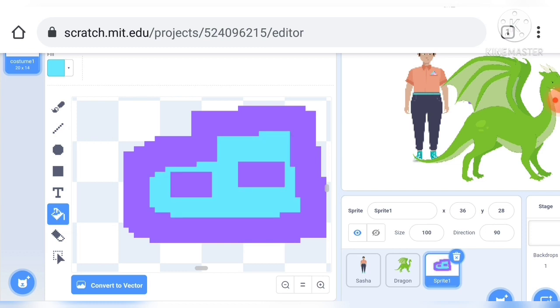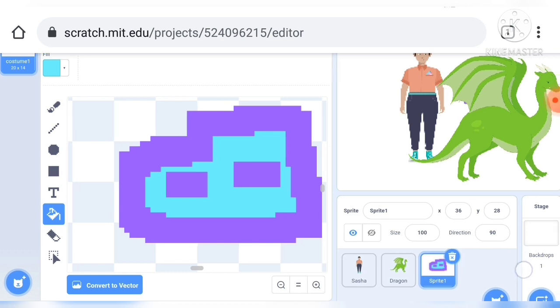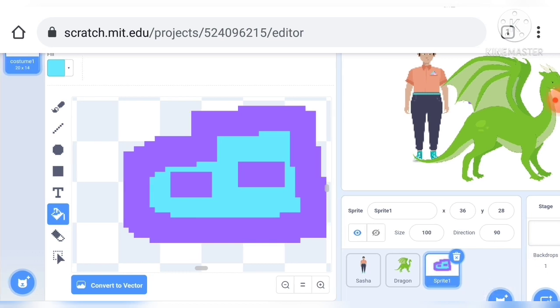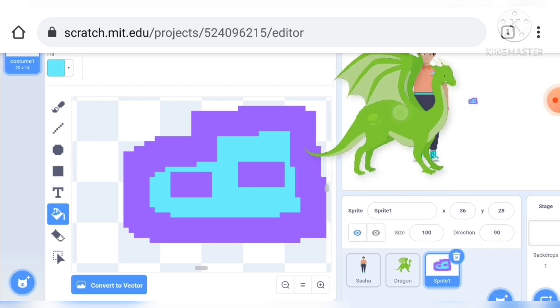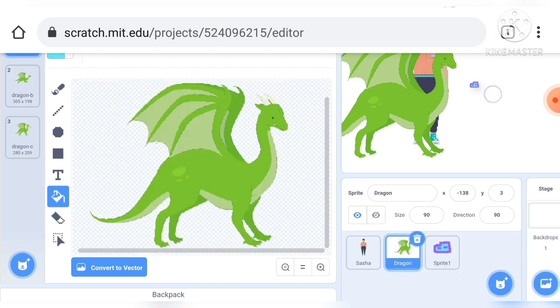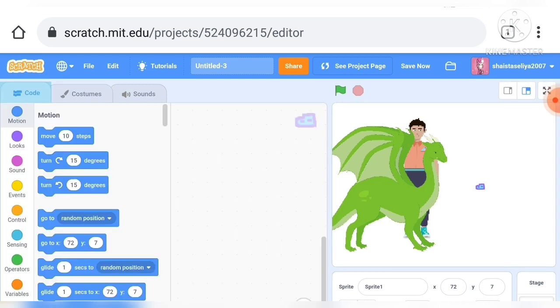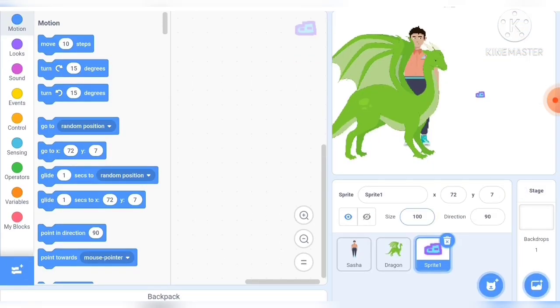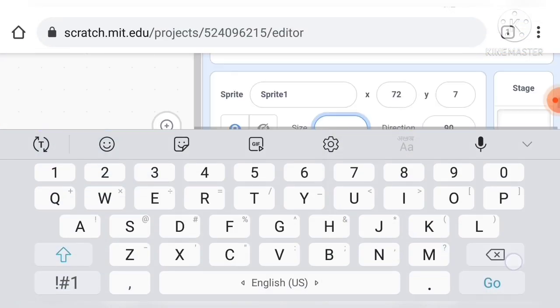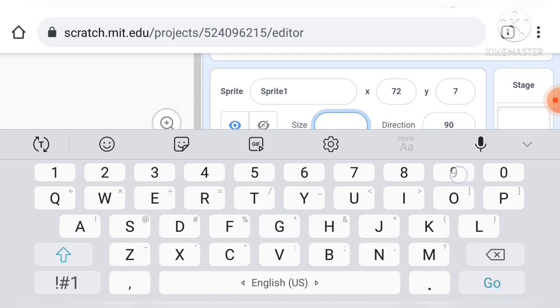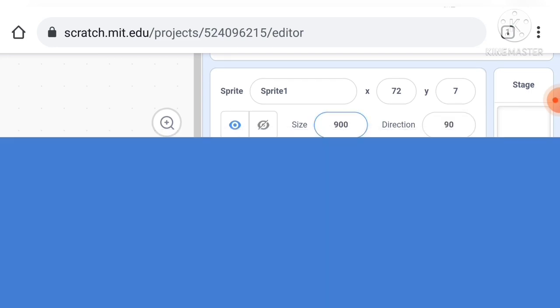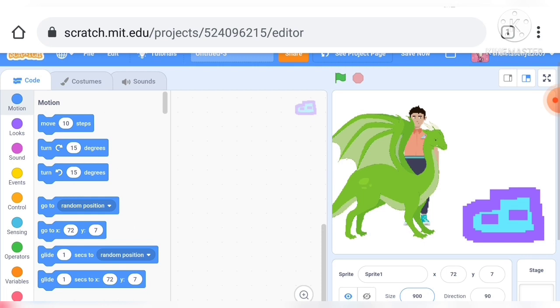You can see that. This is not showing now because it's too small. So let me take this one. Now you can see my sprite is here. So what I will do now, I will just make its size larger. Because we made this small, we have to make its size larger. Now even if I do 900, the size will not be that big. Yeah, I want it like this.